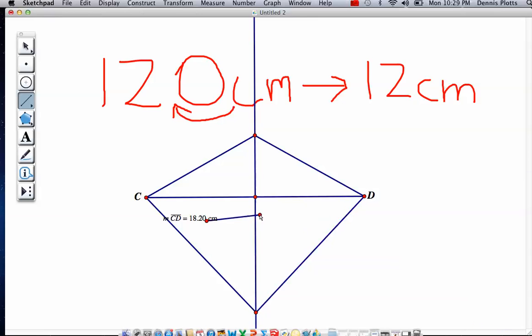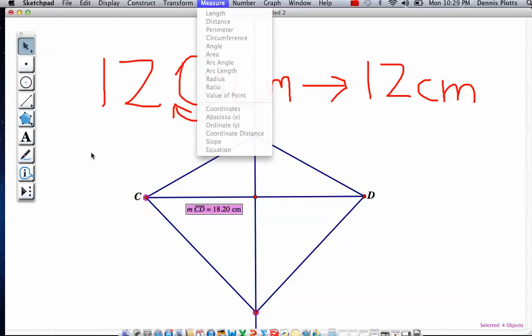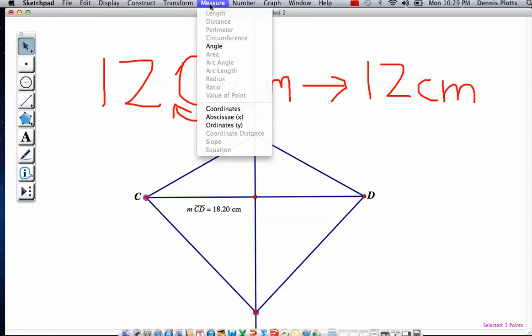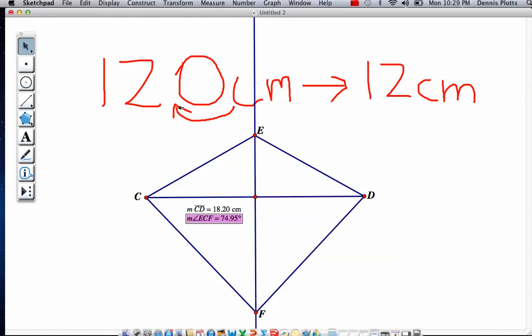What I expect for full credit is that each one of these angles is accounted for. So if I wanted to measure this angle right here, like we did in class, I would have this, this, and this, okay? I put this, this, and this, and I'd put measure, angle, and it would give me this angle right here,